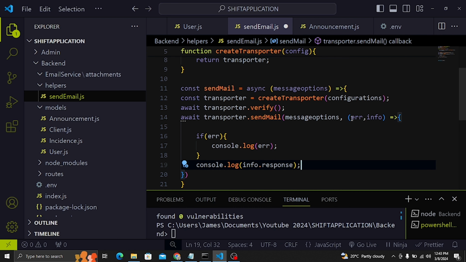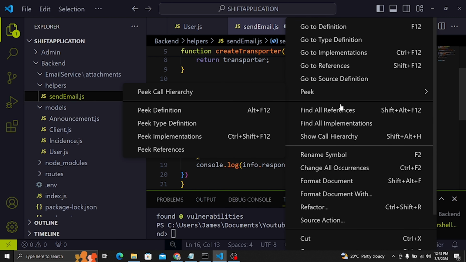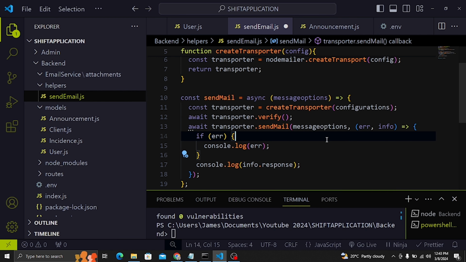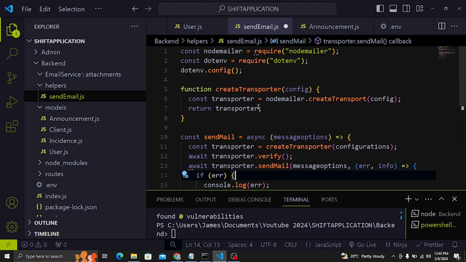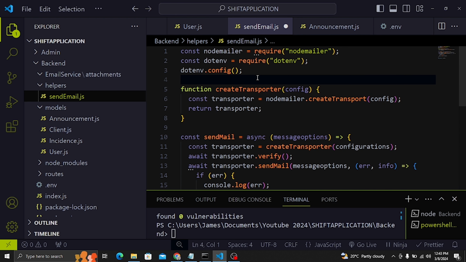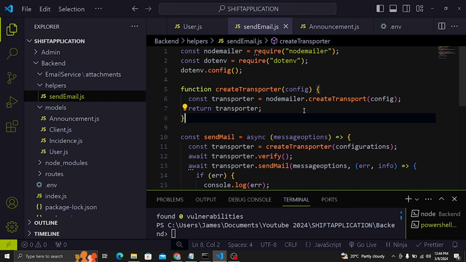So as simple as that, we are able to send the email. This is the function that we'll be using in this application. Now the other thing that I want you to do is, I have a folder